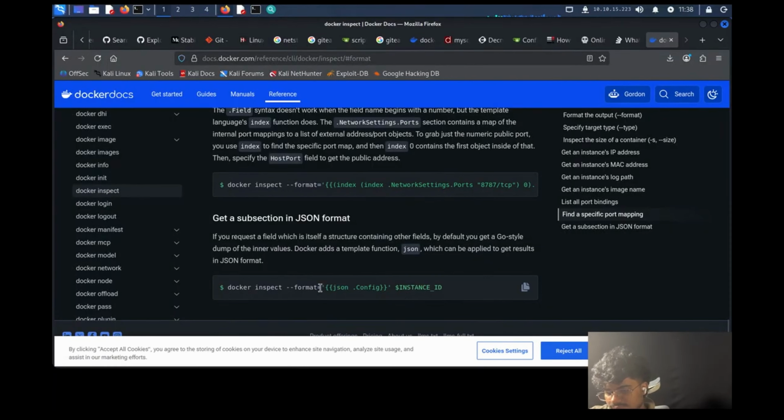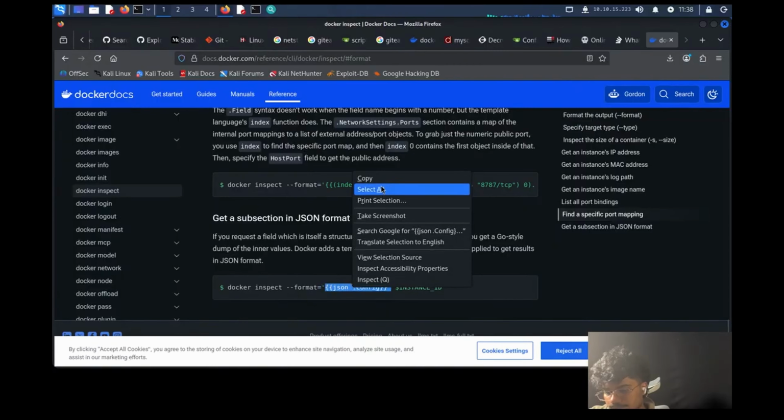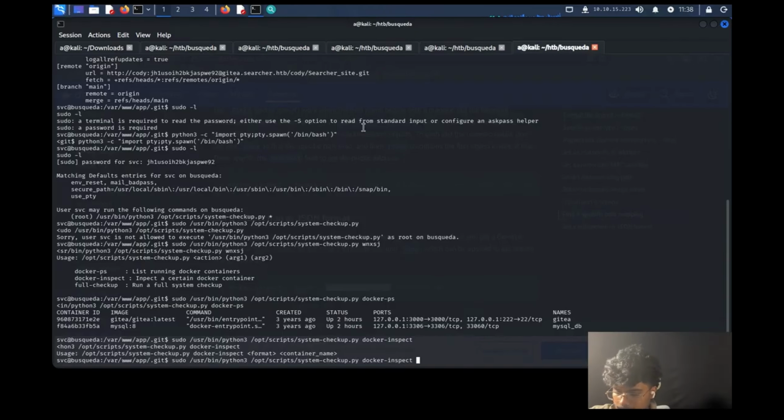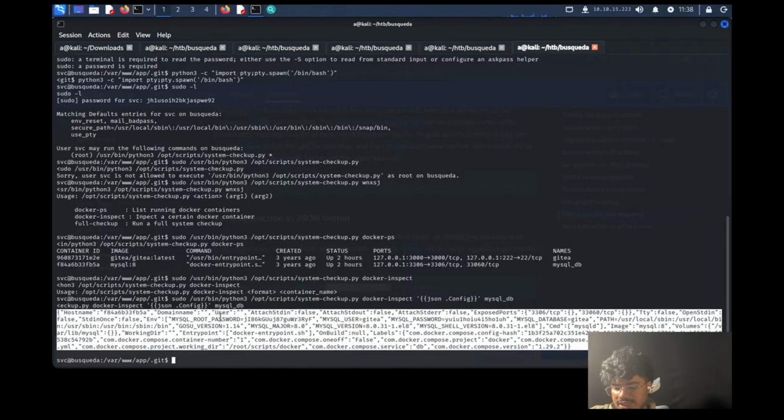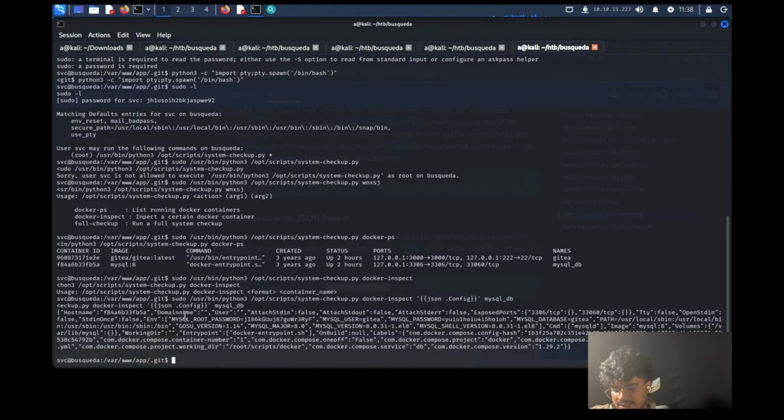Next, I will copy this, paste it here. Then MySQL DB, and we were basically able to dump the password hash for the specific database. We are able to retrieve the MySQL root password, MySQL user Gettier, and MySQL password for this specific